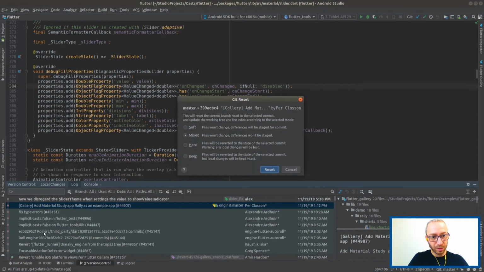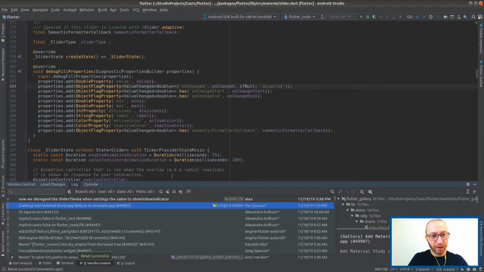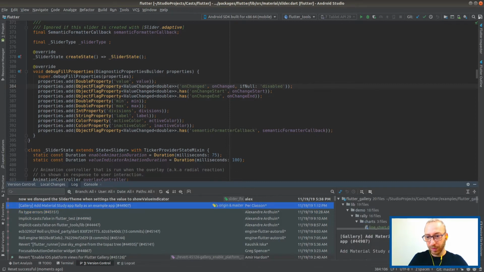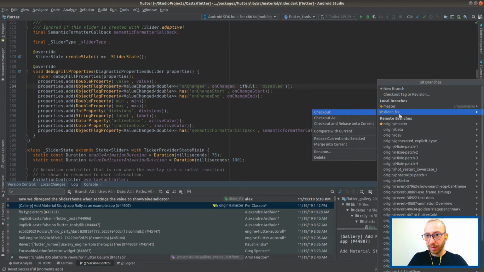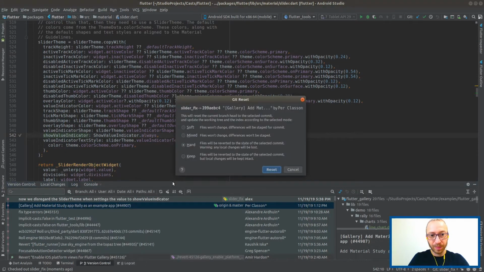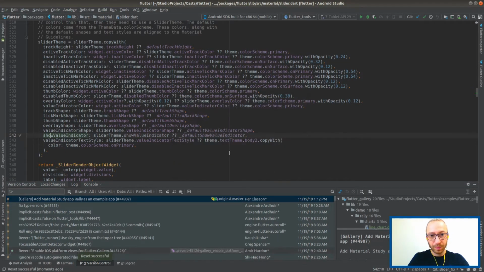We'll do reset current branch, hard, and we'll just reset back. Oh wait, no, I should have. My bad. Check out. Yep. So let's bookmark with F11. And again, let's reset. Okay. So we're starting from scratch.